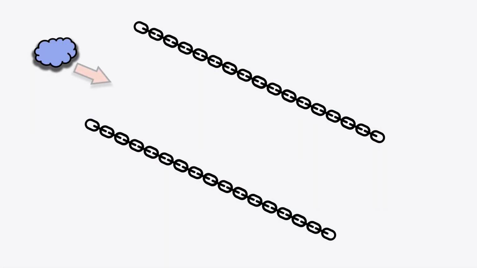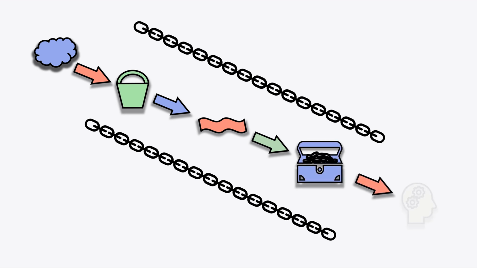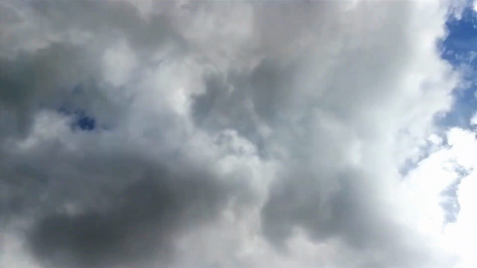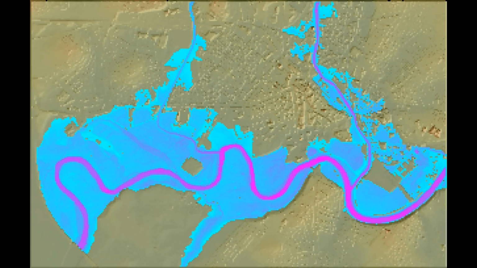In part 1 of this video, I showed you how we use model chains to predict flooding. These chains are a series of different types of models that pass information in one direction to each other until the initial data is in a useful form for someone, somewhere to make a decision. A typical chain would start with observations of the weather, moving to models of the atmosphere, to models of hydrology, a hydraulic model of flood inundations, and finally an economic model of damages.